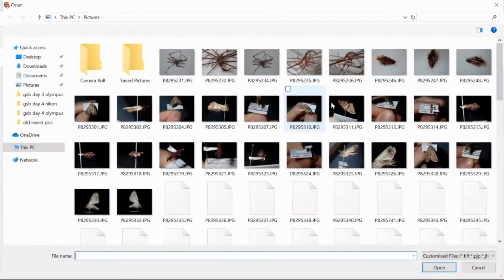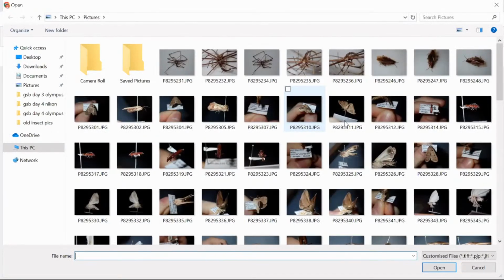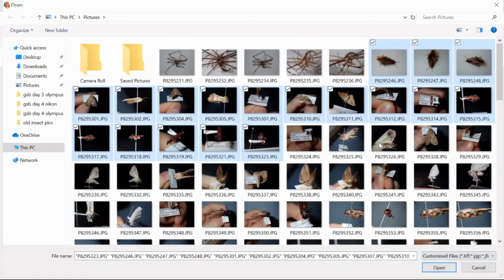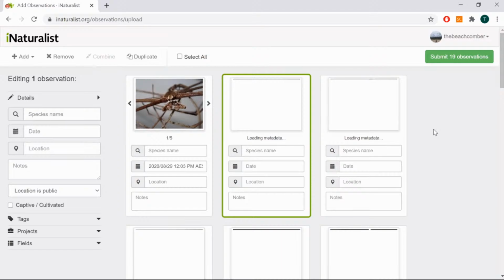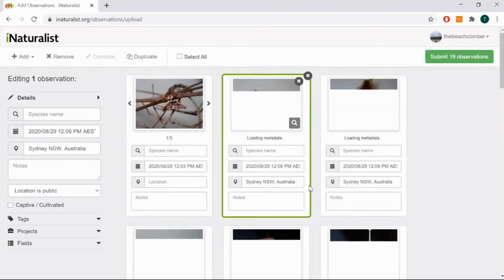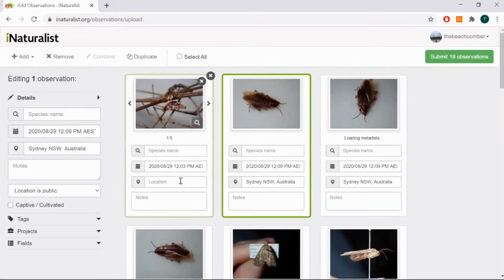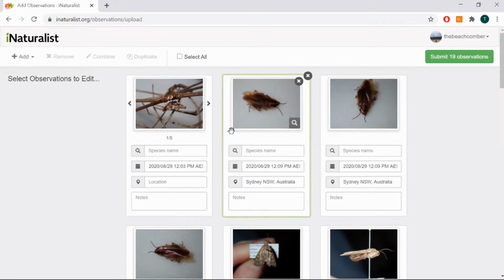So let's just add a couple more photos here. I'll just pick some random ones. So let's say I've added in all these photos as well. Now I took all these photos at the same location. And instead of having to type in the same location 19 different times, I can set the location to all of them simultaneously. So if you want to set multiple details to multiple observations, just tick this select all button